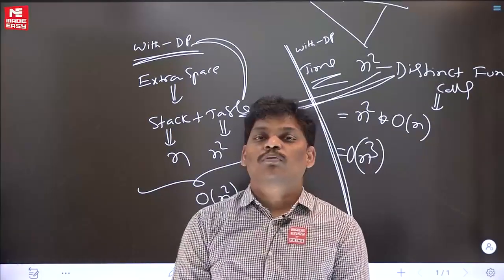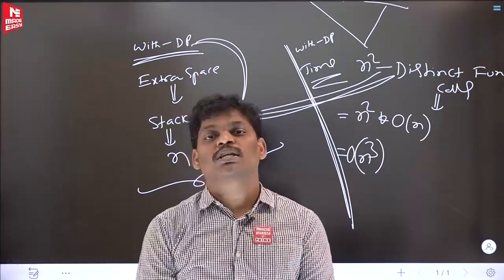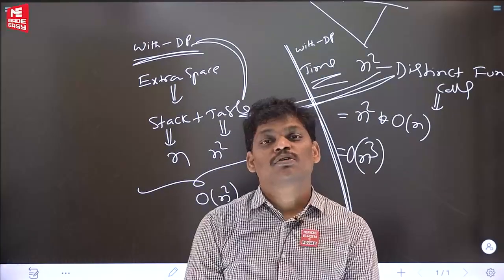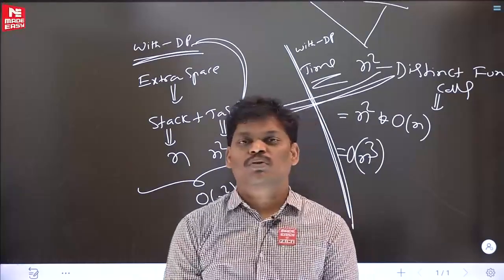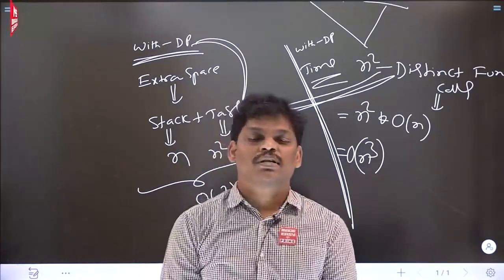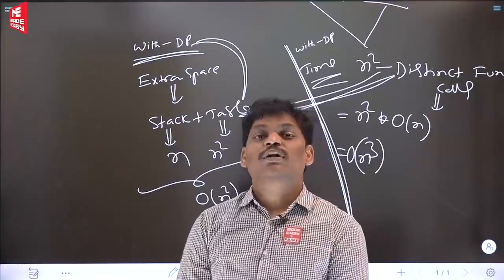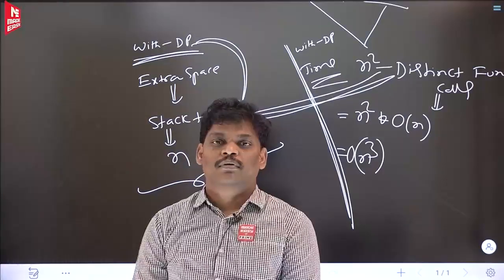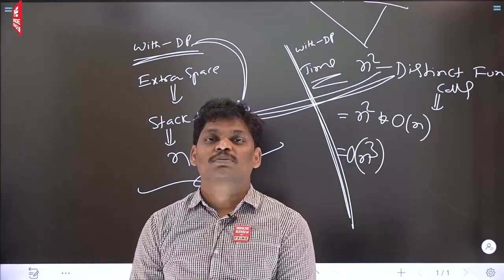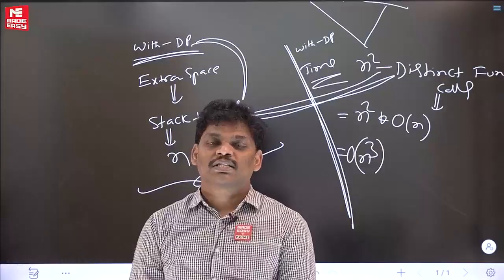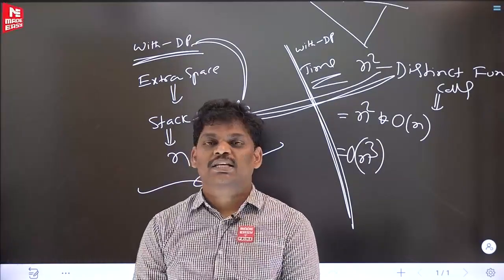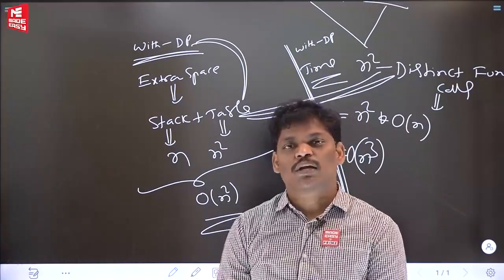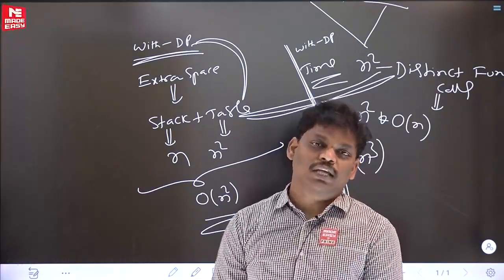Next, for this problem, the great important thing is that they will mostly give numericals only. That is the 5 examples I did. If you are okay with those numerical examples, the remaining things are a small story: writing the recurrence relation, counting distinct function calls, and so on. Without dynamic programming, because of the n-ary tree, time complexity is almost like n power n. Space, for a recursive program, is the stack space. What is the extra space? N. But with dynamic programming, we do only distinct function calls, n square, and one function cost is n, so time complexity is n cube.